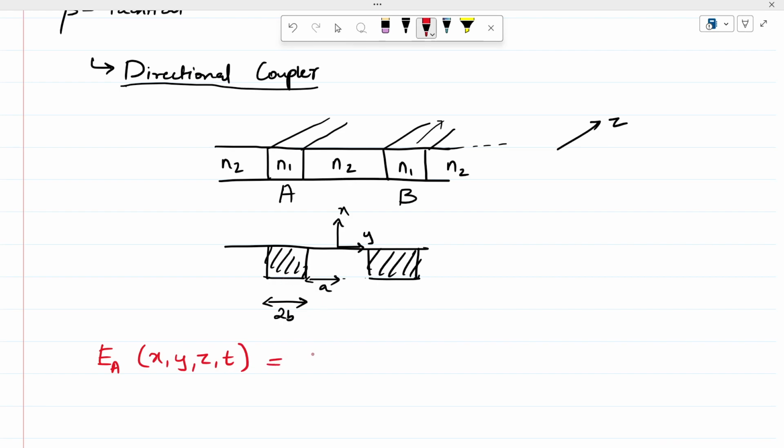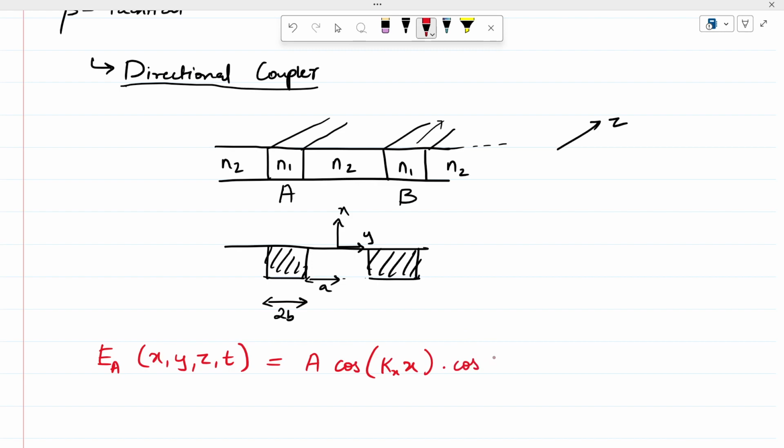Because there is confinement in both directions, there will be a cos like this and a cos like this. So it will be somewhat of the form A cos kappa X, that is the X direction propagation constant, kappa x x,